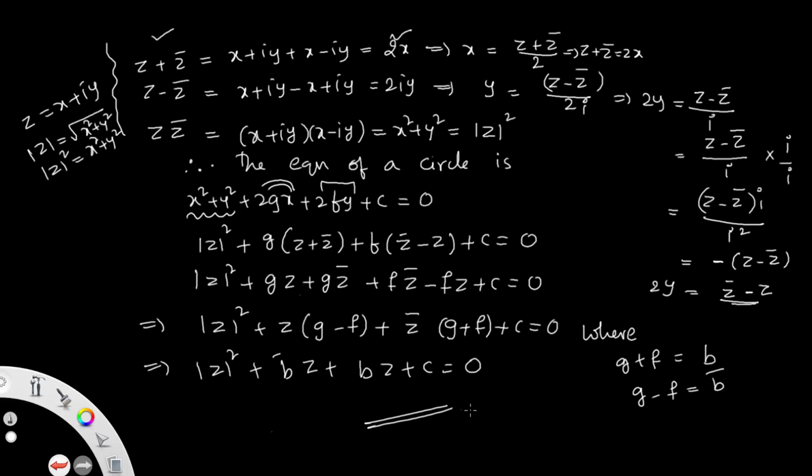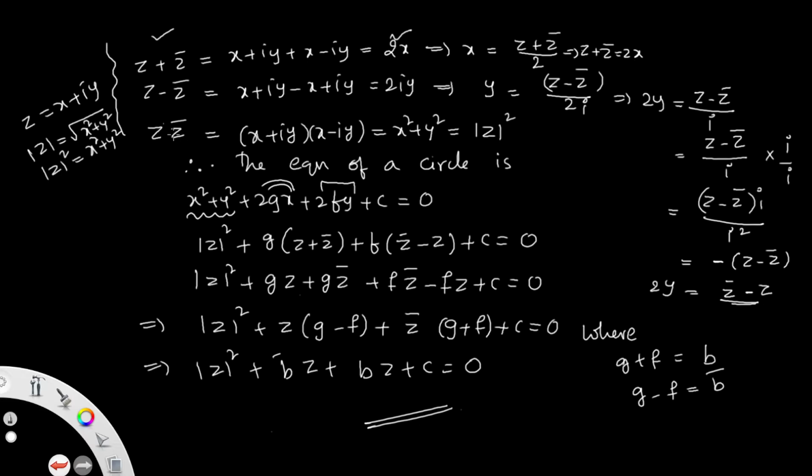That is why we have taken the circle equation as x square plus y square plus 2gx plus 2fy plus c equal to 0. Let us take z equal to x plus iy and z bar is its conjugate, x minus iy. Adding, z plus z bar is nothing but 2x. So 2x is there, and we write the total value as z plus z bar. Or else you can substitute in another step, or directly write z plus z bar equal to 2x.